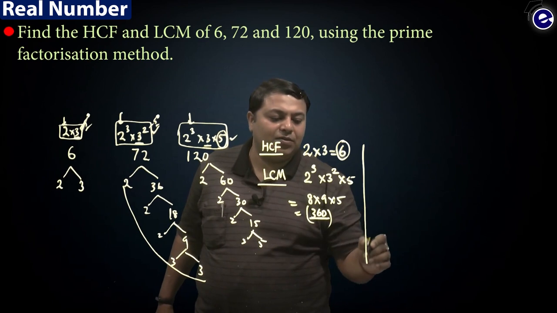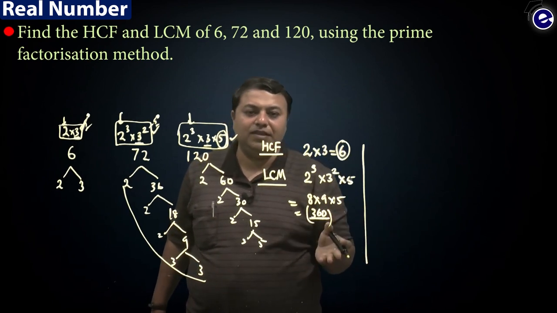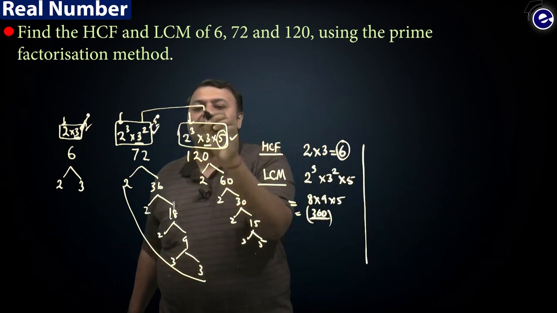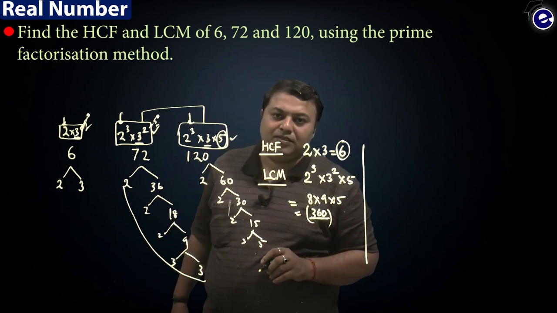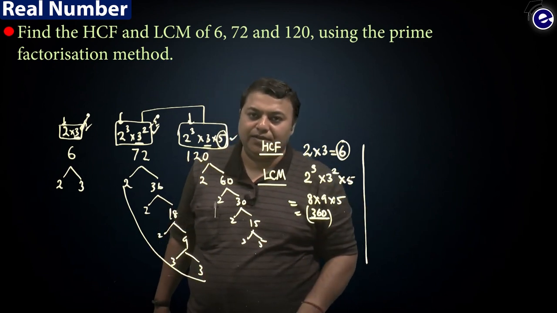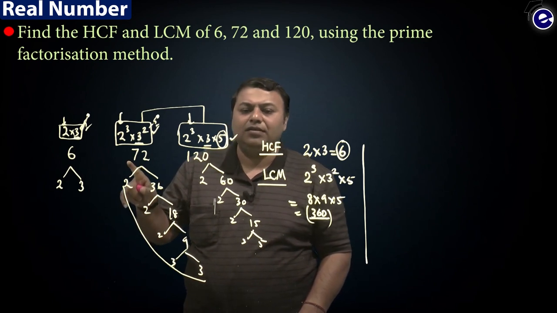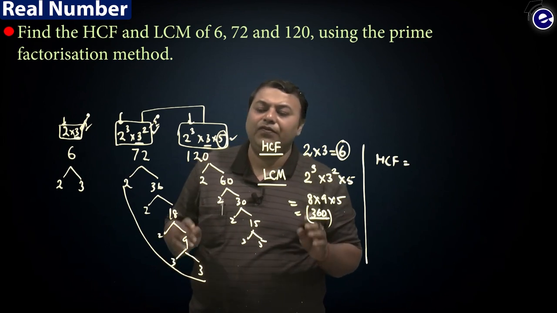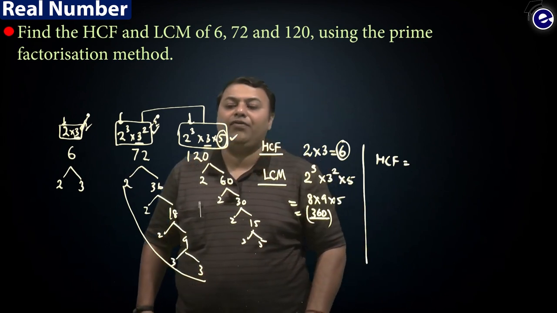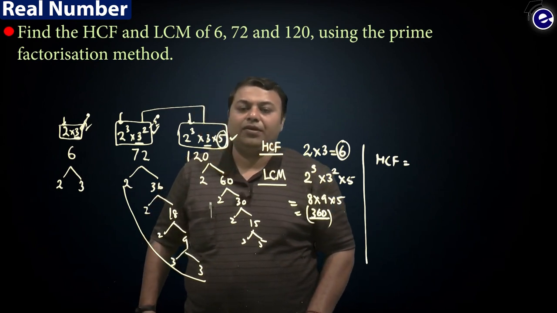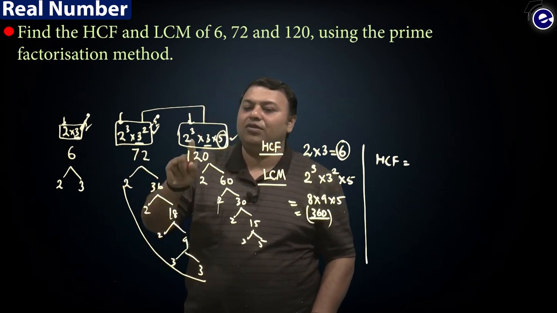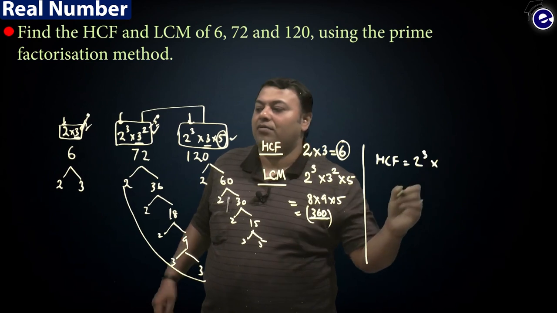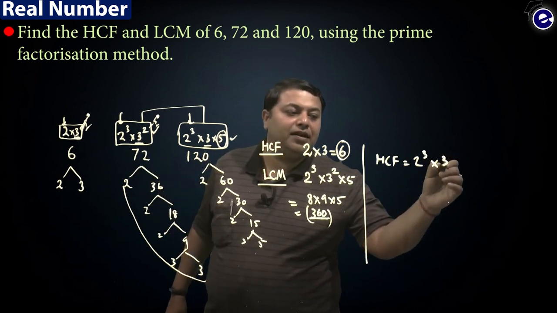This question is over, since you had to find these two. But I will explain something more. What if someone asks you to find the highest common factor of 72 and 120? Remember, for finding HCF, you take the highest power of what? Of the factors. If you have 2 in both of them, the highest power you can take is 2 cube, right? And between 3 square and 3, the highest power is 3 square.